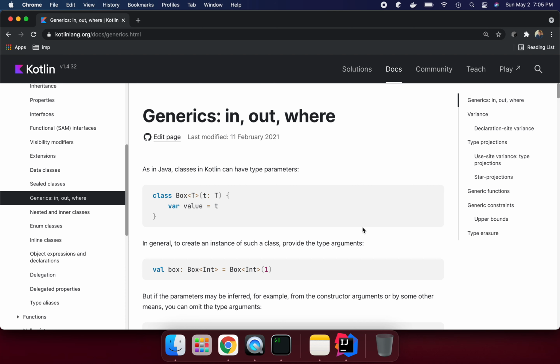So a class can have a type parameter. What do you mean by type parameter? Suppose I'm creating a class here, in Java or Kotlin. Classes can have a type parameter. Like this class Box, I'm saying the type T. Type T means any data type, the way we have any class. Whether it is a string or any class, whatever you refer to, what you are going to pass at runtime, the way we are saying the type, and we are passing the values here. So a class can have a type parameter.